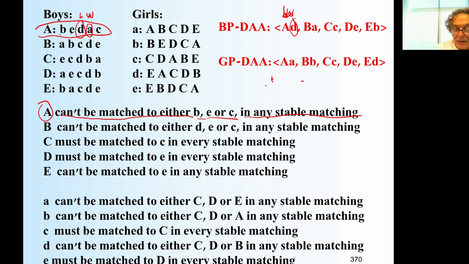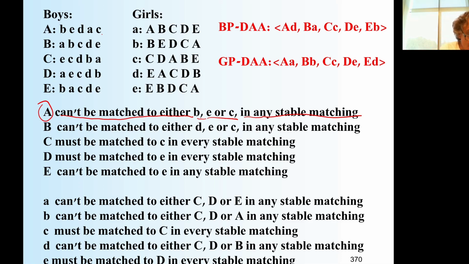Let's go for this exercise. I'm sure that you'll see it also in the exam, so I want to make sure that you understand it. Remember, when boys are proposing in that algorithm, boys are getting the best they can get in all stable matches, and girls at the same time get the worst. Opposite, if girls are proposing, girls get the best, boys get the worst.